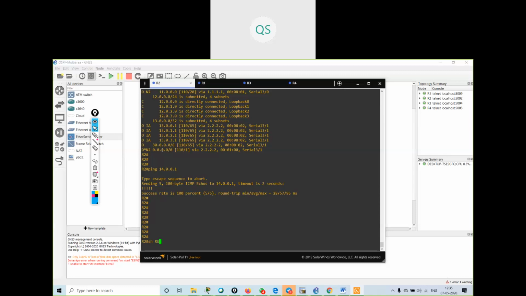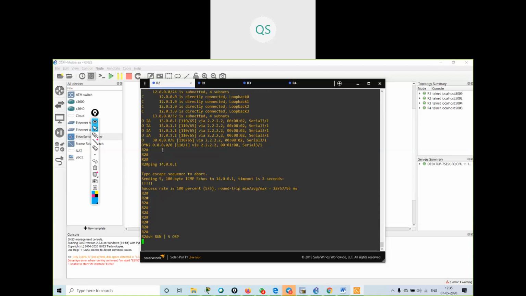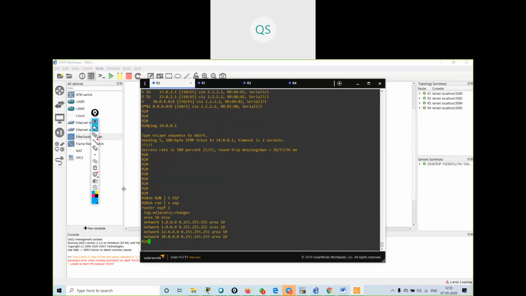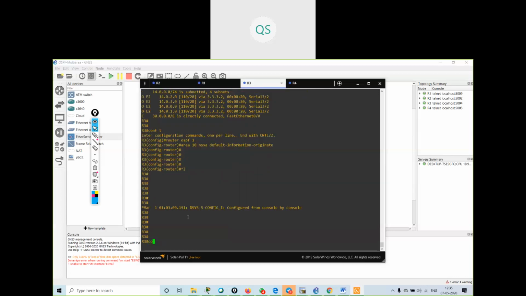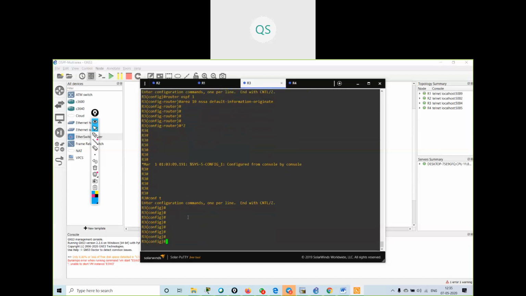Show run pipe section OSPF. Area 10 NSSA. I have to give this same command on R1 and R2. On R3, I will remove that command first.